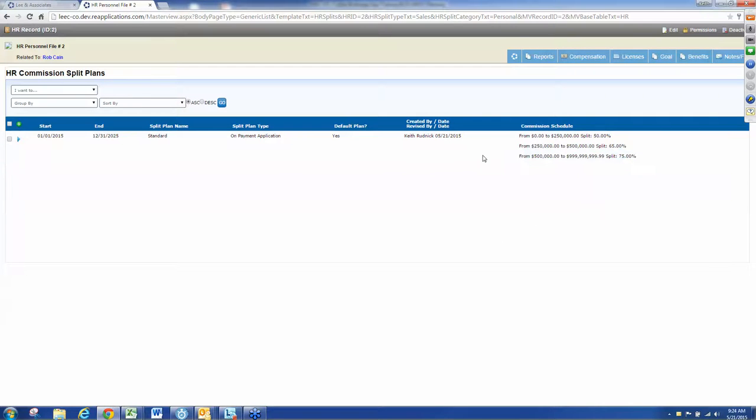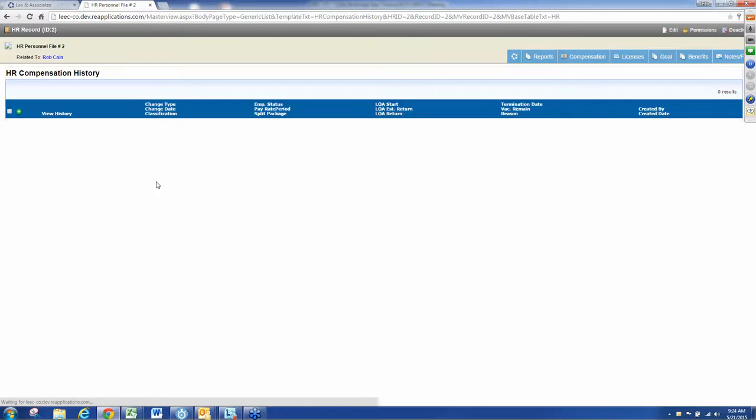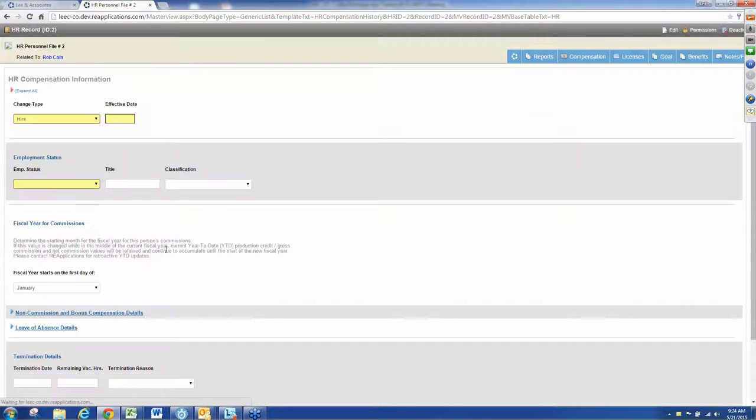There's one more thing we need to do for this HR record, and that's add a historical record to it. So I'm going to hover over compensation in the blue menu, and I'm going to click on history. I'll click on the word. It's going to load a list of all of the historical records. There are none that are here right now. I'm going to add a new one by clicking the green circle, and let's say this is effective